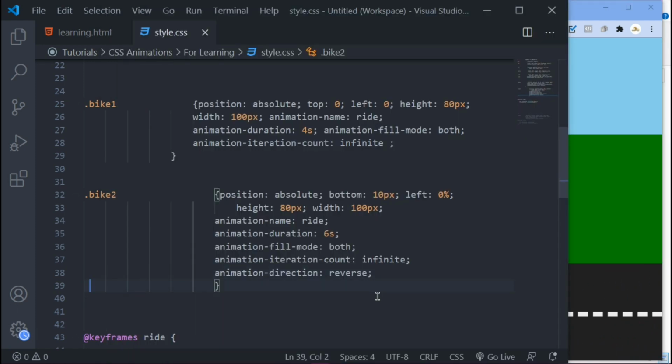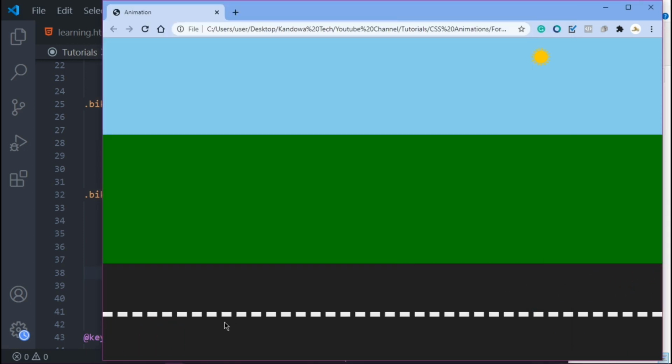So there's also other options, like just remove this. There's also other options like alternate. And what alternate does is it goes forwards and then backwards. With alternate, it's going here and then comes back. So let's just refresh that.